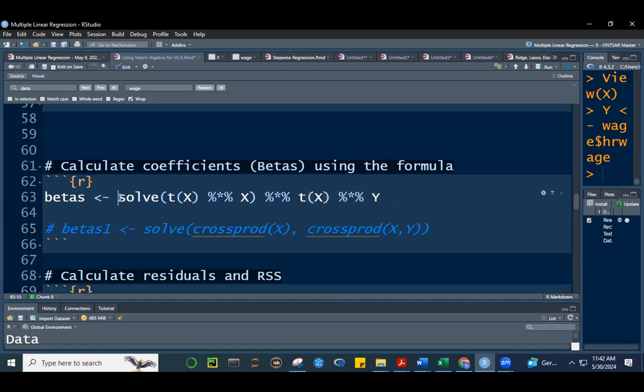R will solve this first, then multiply it by the transpose of x and multiply it by y. Or it's possible to matrix multiply this first and put parentheses there. That's also possible. It will give us the same answer. If I run this,